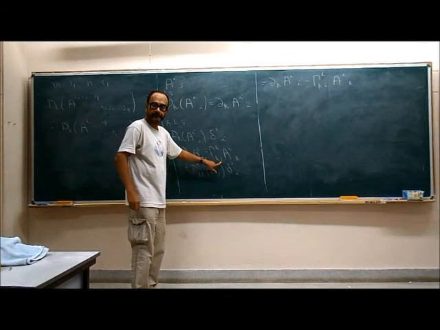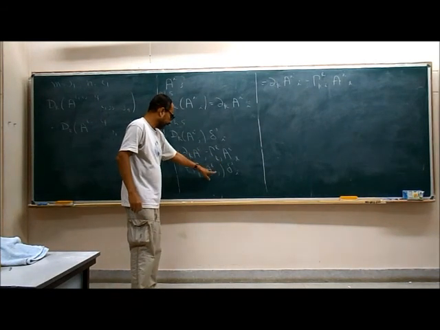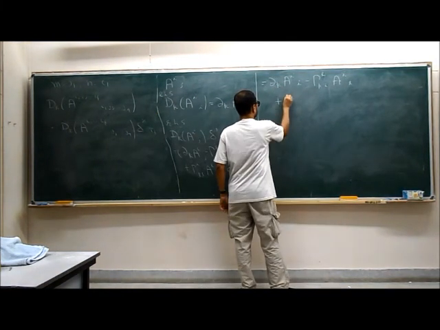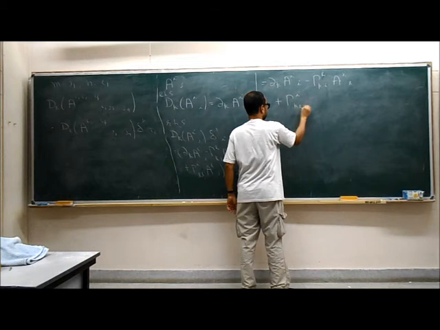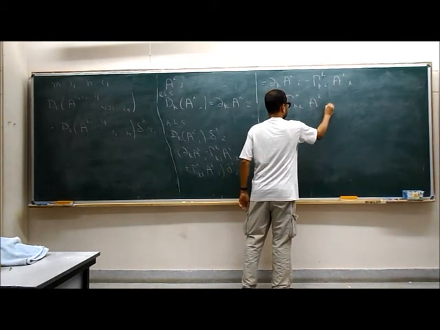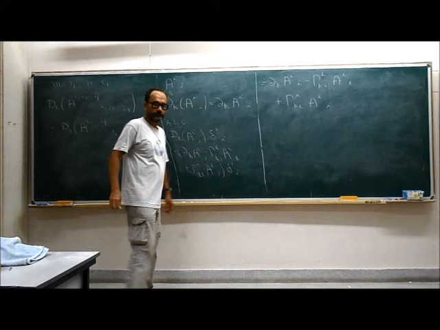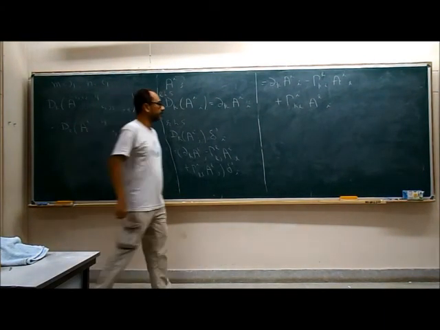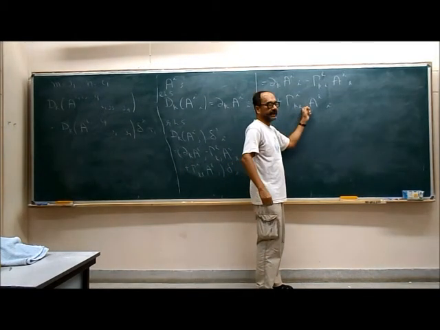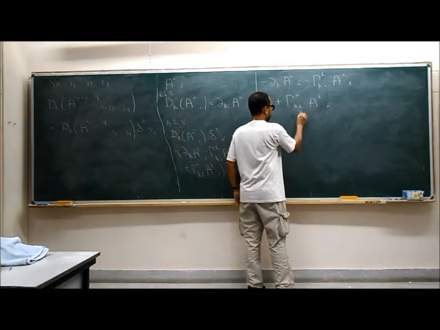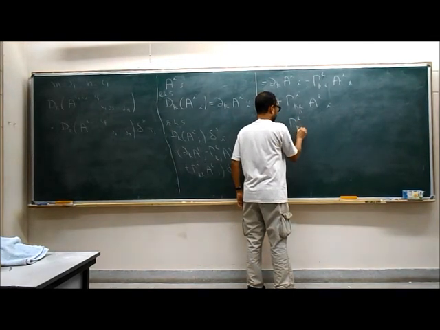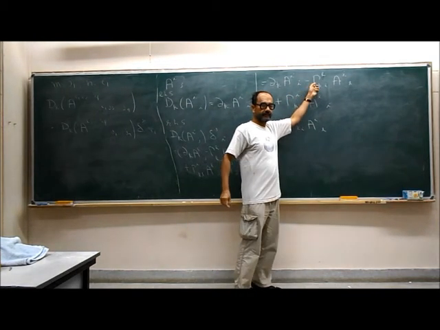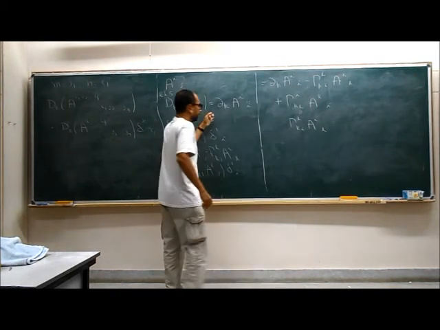In the last term J is set equal to I, so gamma I KL ALI. I and L are dummy indices, so you can exchange I and L. So this is the same as gamma L KI AIL, and that exactly cancels this term. So you see that indeed the right hand side and left hand side are the same.